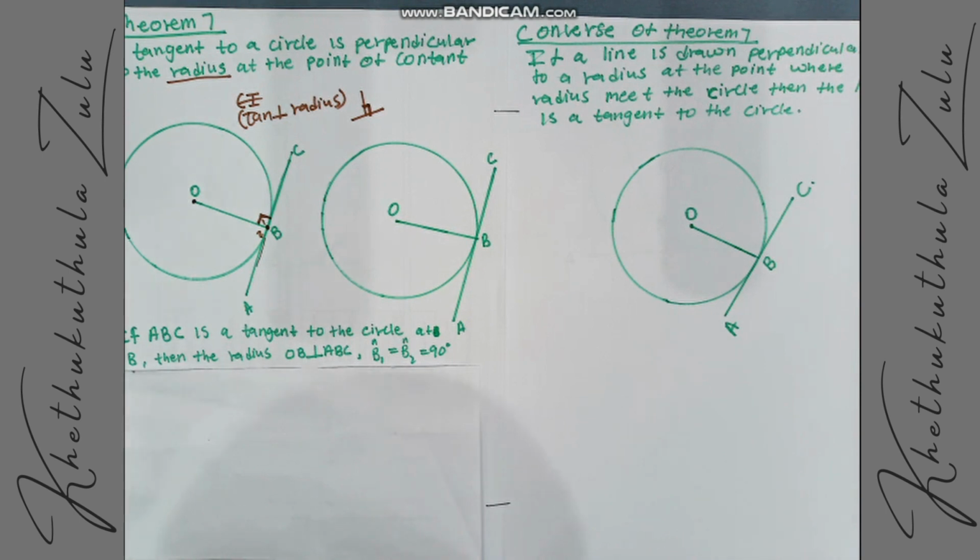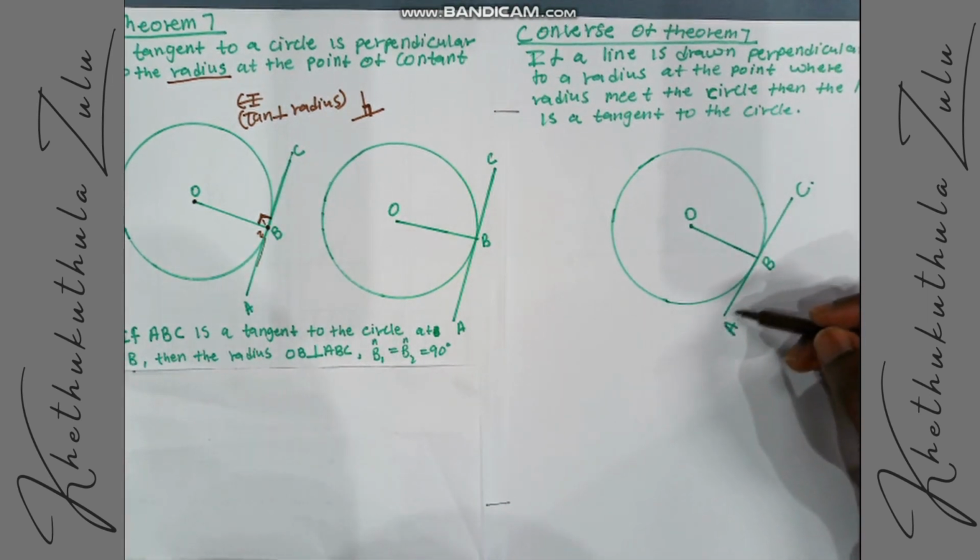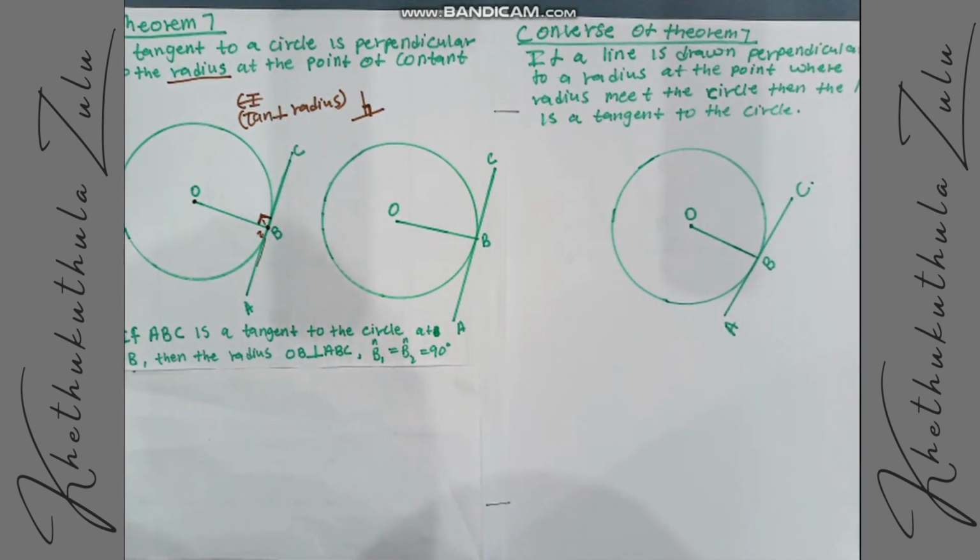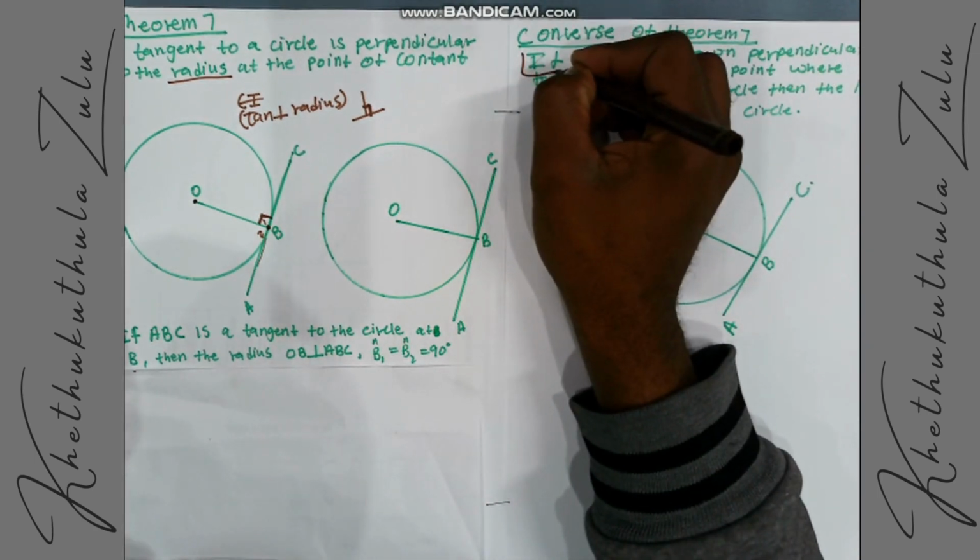This is one of the things you are going to use when you need to prove a tangent. If a line is drawn perpendicular to a radius. Now if this line APC is drawn perpendicular. Something important, this if